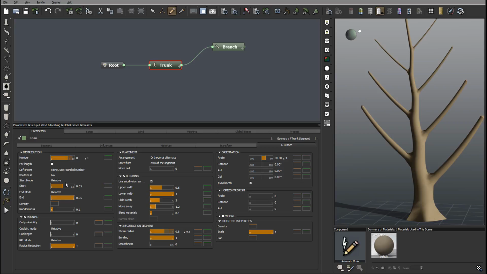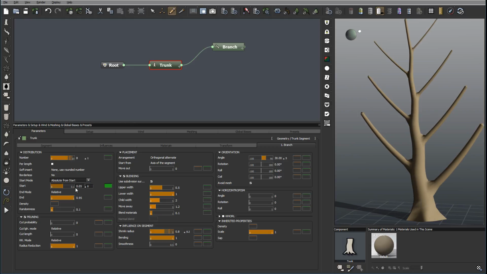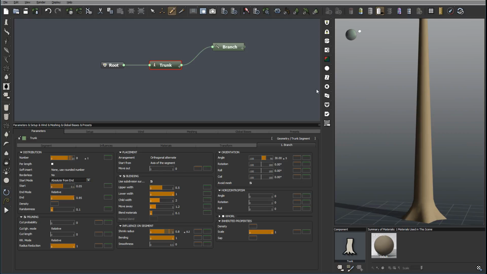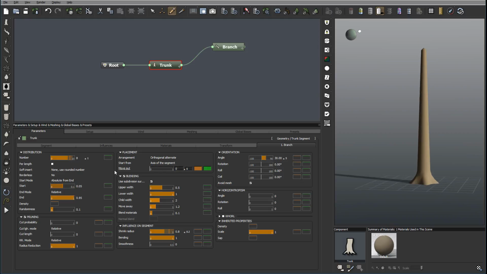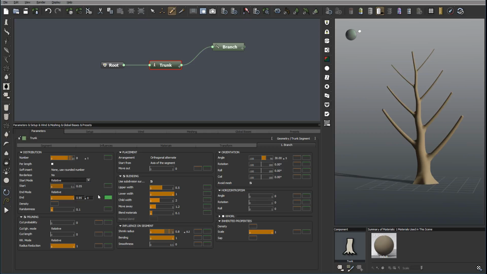Okay, so next we have the start mode, and it will be absolute from the start, absolute from the end, which currently does not set. Relative, it will be adjustable based on the length of the plant. We also can modify where we want to start, so we can go all the way